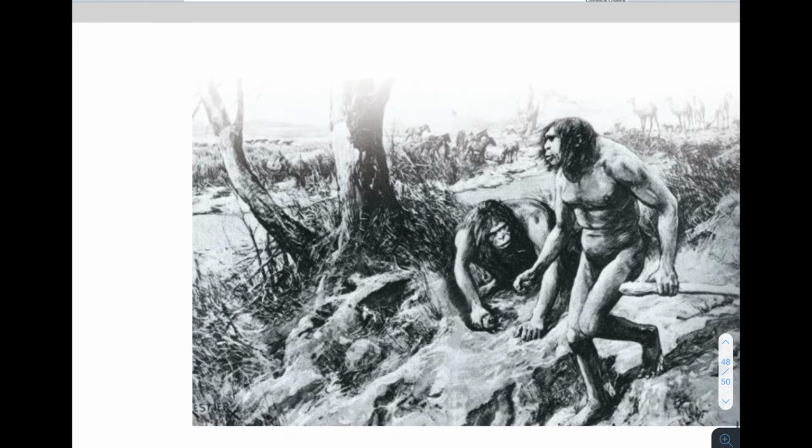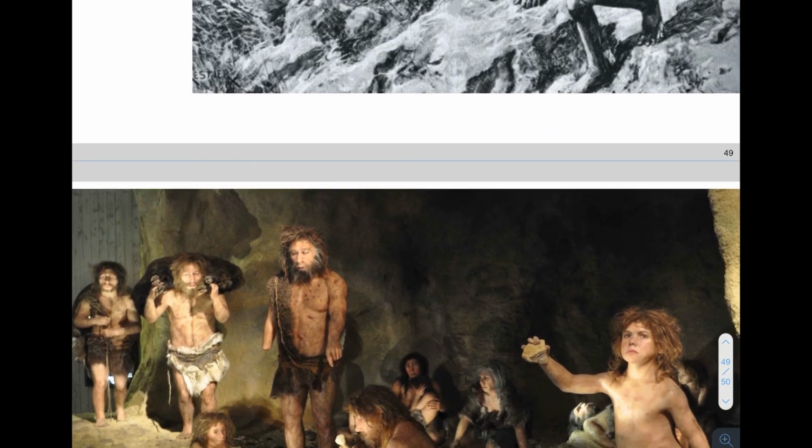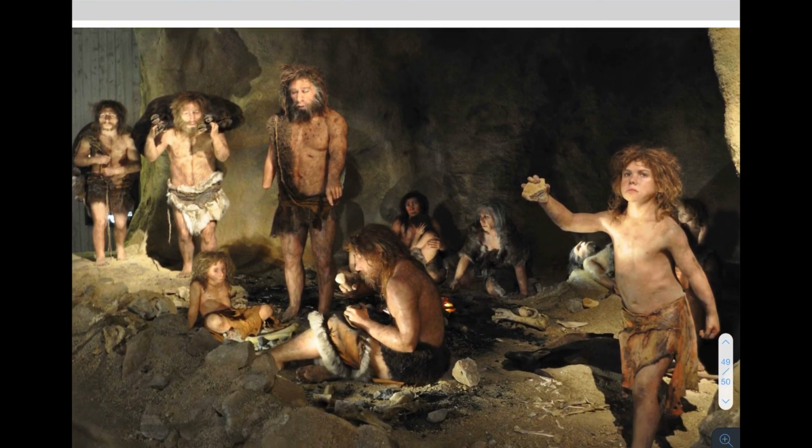Now, the depictions of Neanderthals has changed over time, and so this is kind of like an older way of depicting them, very caveman-like, very primitive looking. And that story is changing, interestingly enough, to something that looks more like this, where the